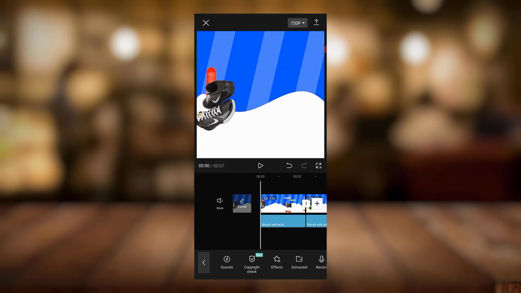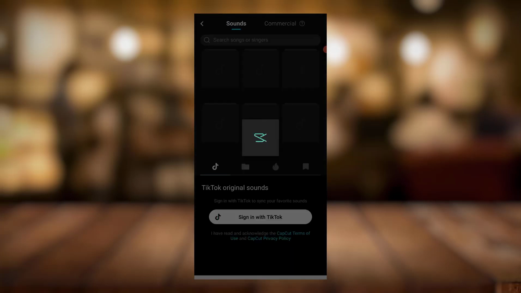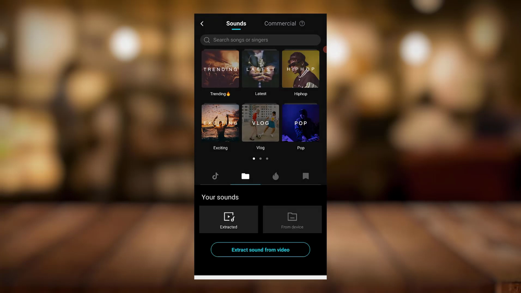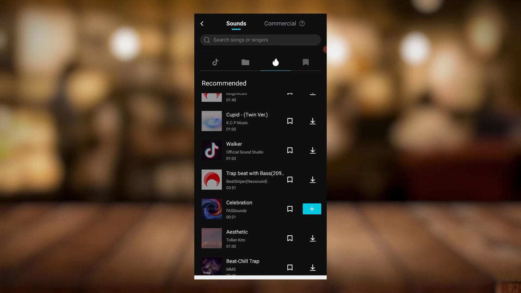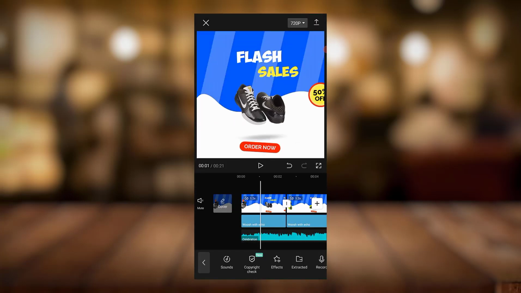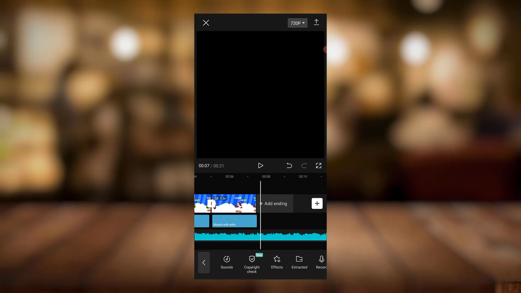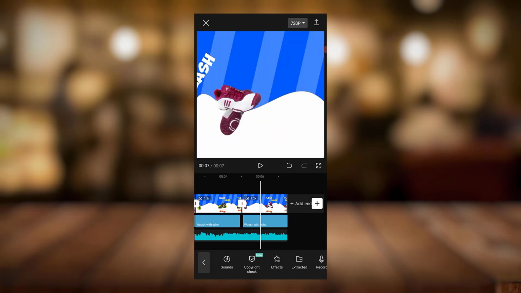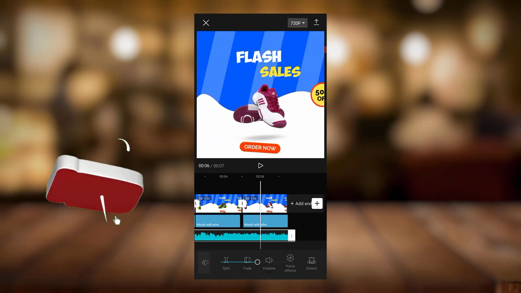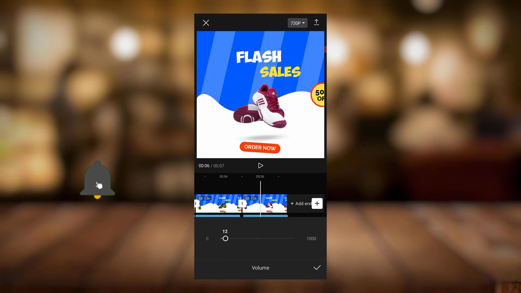So the next thing I'll be doing is I may just choose to add like a sound. So I just click on this. Now there's a particular sound I've downloaded already, so I'll add this celebration. So I'll just split this one, then I'll just cut it. So I'll click on the sound and I'll reduce this sound to about